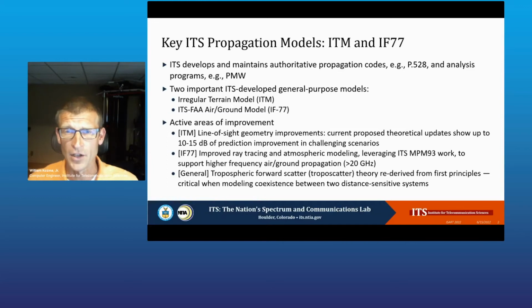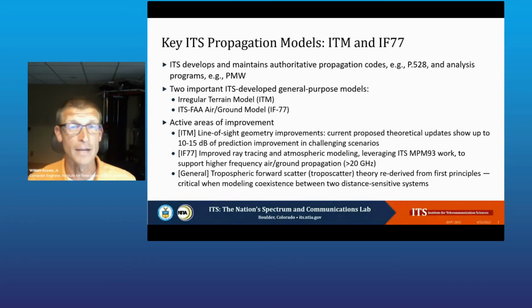Likewise, the air-to-ground model is built on the same foundation, TechNote 101, as ITM, but obviously it captures specifically the atmospherics that are involved in an air-to-ground link. And much like ITM, it's limited to 20 gigahertz because as you go up, in particular for air-to-ground links, the atmospheric effects become really important, especially the absorption of water vapor and oxygen. And so we're currently working on modernizing MPM 93, which is the millimeter wave propagation model that is able